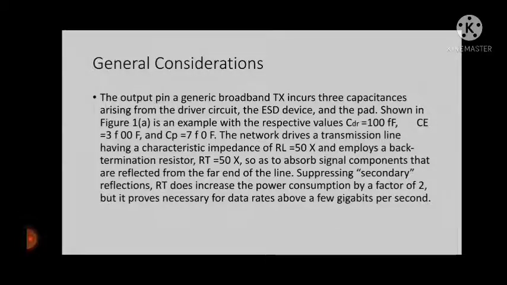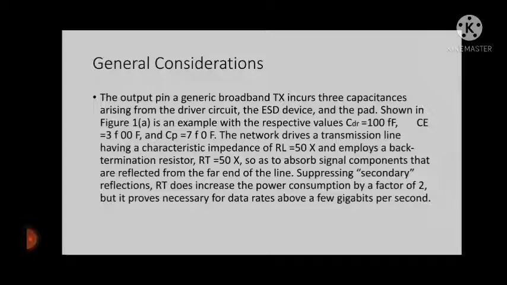The network drives a transmission line having characteristic impedance RL equal to 50 ohms and employs a back termination resistor RT equal to 50 ohms. RT absorbs signal components that are reflected from the far end of the line, suppressing secondary reflections. RT does increase the power consumption by a factor of 2, but it proves necessary for data rates above a